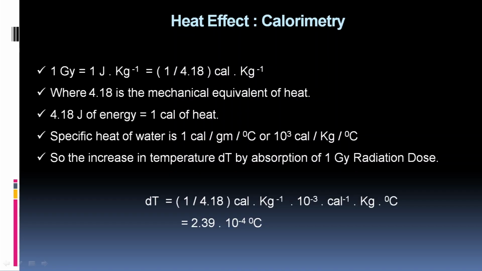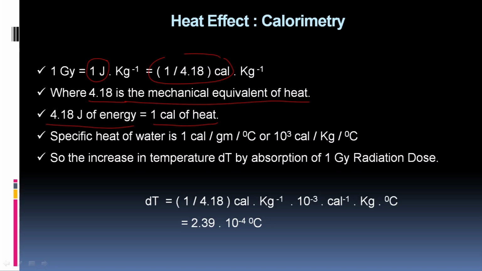So by definition we know that 1 Gray is equal to 1 joule per kg, meaning 1 joule of energy is absorbed in 1 kg, that is 1 Gray of radiation. So 1 joule, if we convert, is 1 by 4.18 calorie per kg. If we convert this joule to the calorie, 4.18 is the mechanical equivalent of heat, meaning 4.18 joule of energy is equal to 1 calorie of heat. This is the mechanical equivalent of